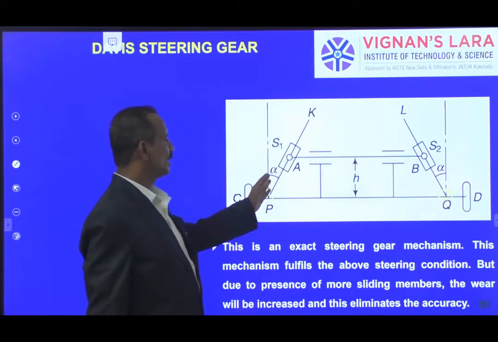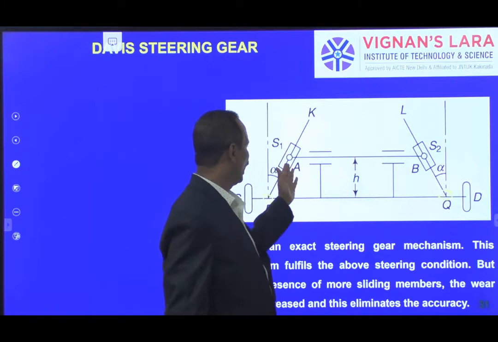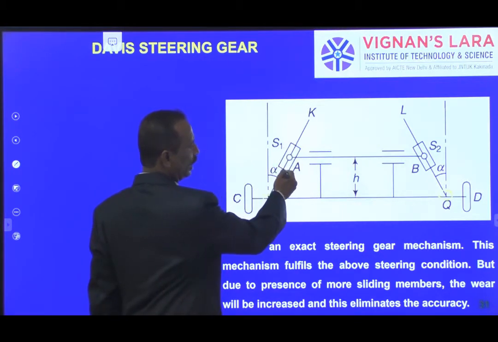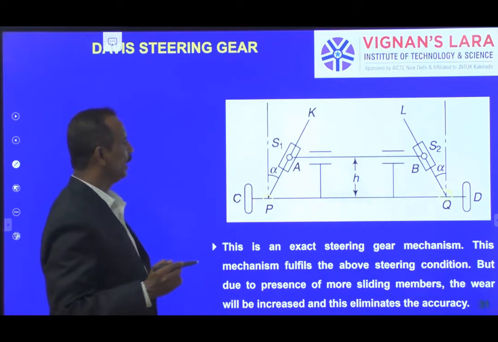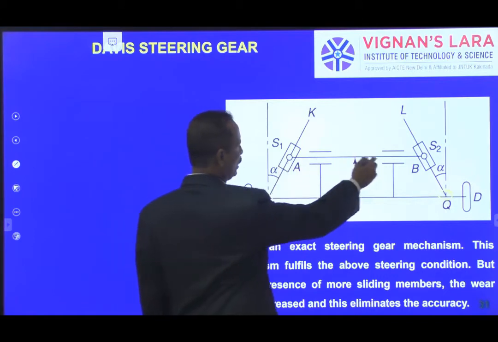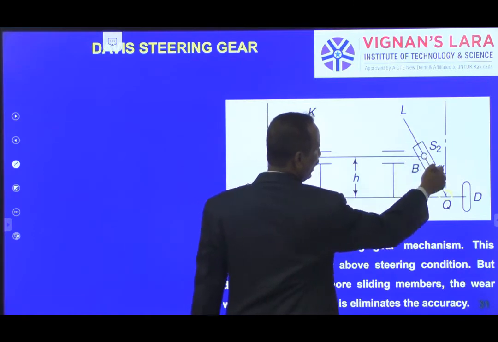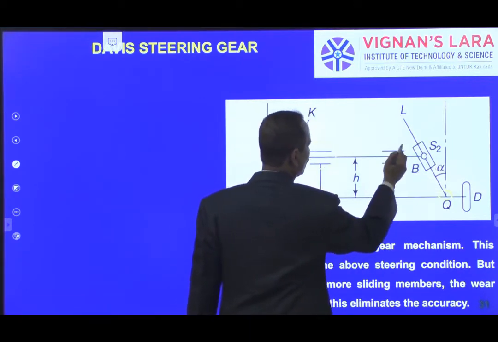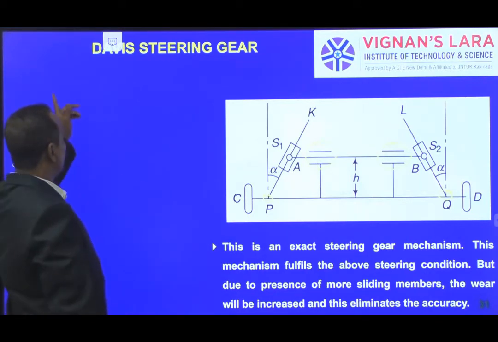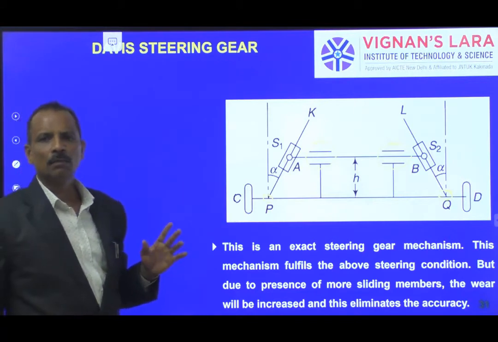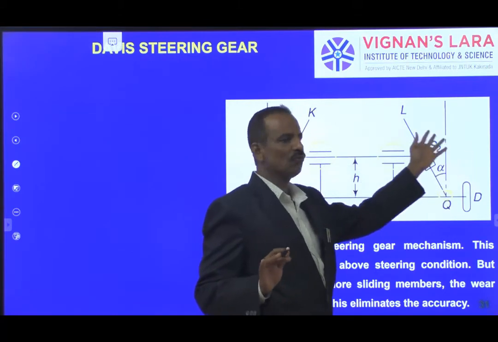Here the steering gears are attached in front of these front wheels like this, and here you have slider 1 and slider 2. By the mechanical linkage you can move the path of these sliders. So there will be sliding taking place here and here, sliding takes place in all these cases. That is what we have in Davis steering gear. The relative motion is a sliding motion because all these are sliders, which leads to wear and tear.